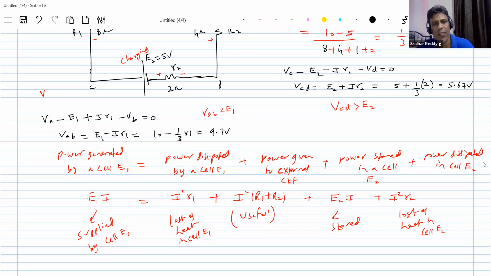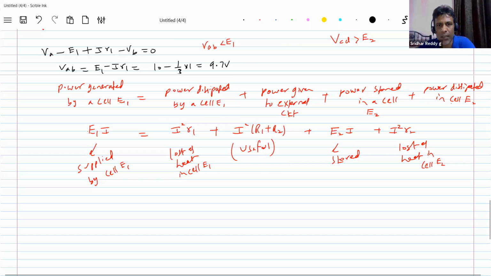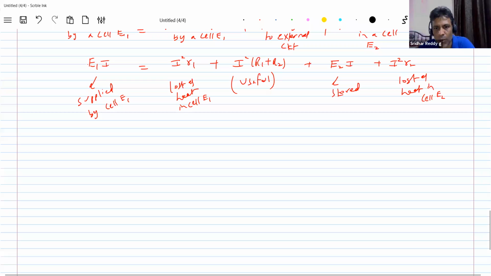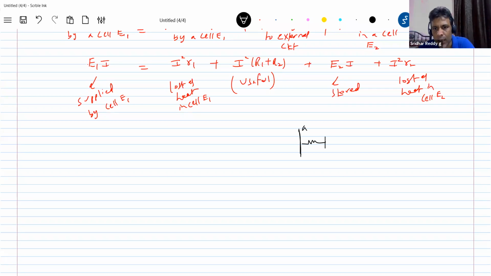What is the best cell? The one which will have the least internal resistance. Got the idea? So this is about the internal resistance of a cell. And you should not connect the cell in this way, meaning the internal resistance should not be shown like this. Sir, you only said internal resistance, I'm bringing it inside. This will be wrong.